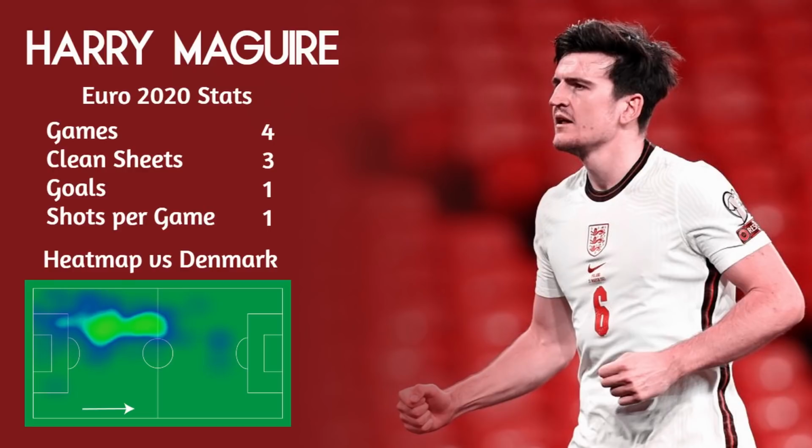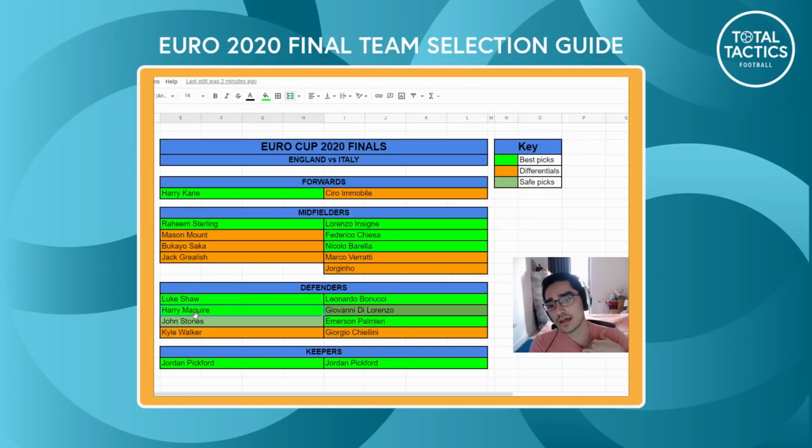And then Stones is almost like a third person in terms of priority, right? Where he's also very good at set pieces, so I would consider him a safe pick. Kyle Walker here, the reason why he's a differential is simply put because I think in this structure he plays almost as a third centre back at times. We did see a little bit more of an effective role for him in the Denmark game, but I think